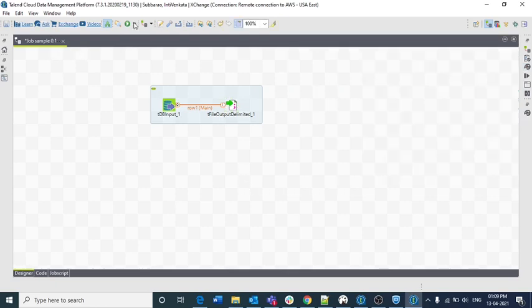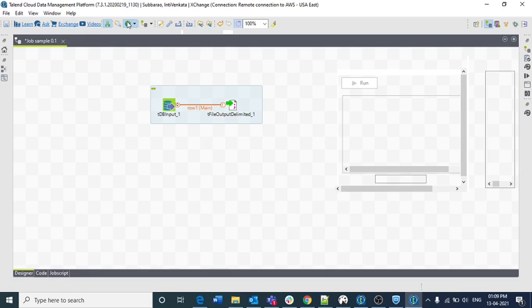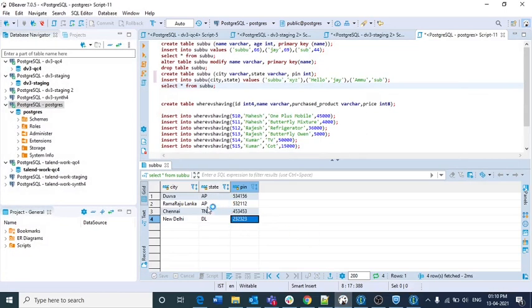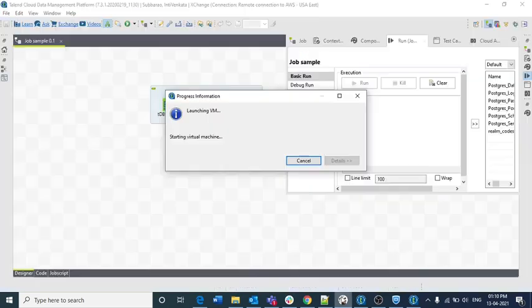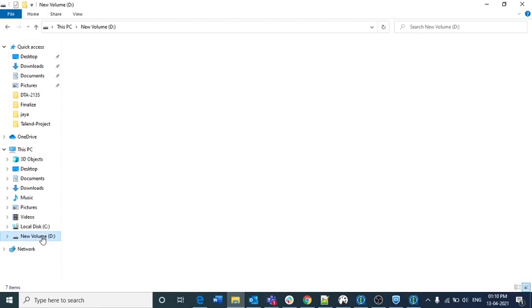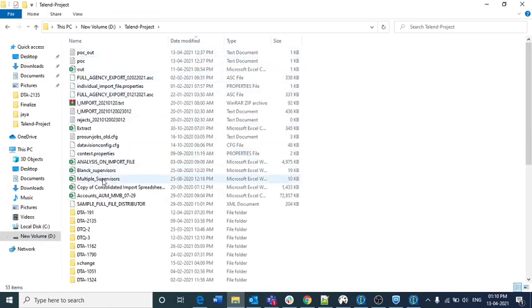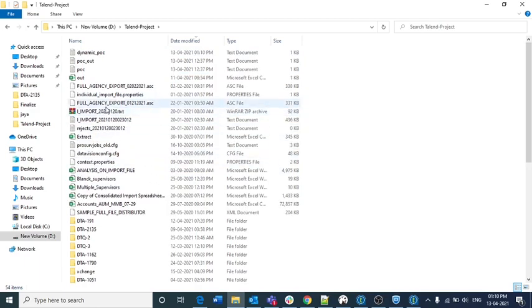If I run this, it will pick up the data from the TDB input where the table name is Subbu, which is the data we previously loaded from the file to the table. Now I want to retrieve it back to some output file using the dynamic schema. If you observe in the Talend project, I don't have anything named dynamic POC.